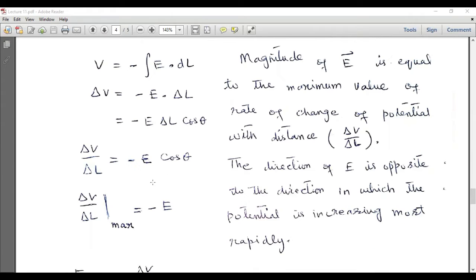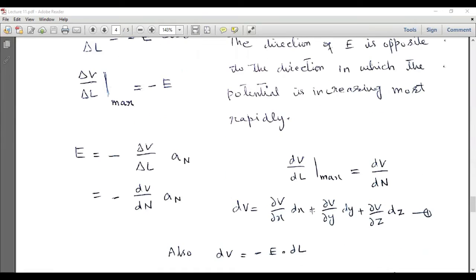So another thing in this expression is that the direction of E is opposite to the direction in which the potential is increasing the most rapidly. So the direction of E is opposite. So negative sign means the direction of E is opposite to the direction in which the potential is increasing the most rapidly. So this is the meaning of this mathematical expression, and dV over dL max is equal to dV over dn,